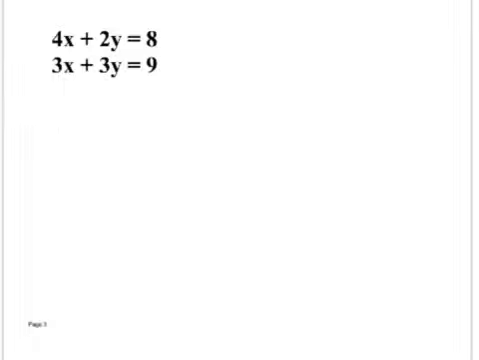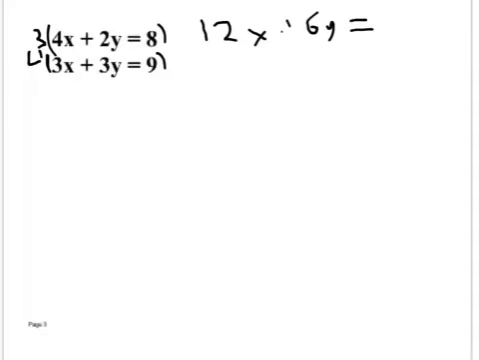Okay, so we have to make x the same thing. What do I need to times 4 by? 12 or 3. I times it by 3, which means I have to times this one down here by what? 4. Okay. So this would give me 12x plus 6y equals 24. This will give me 12x, 12y,